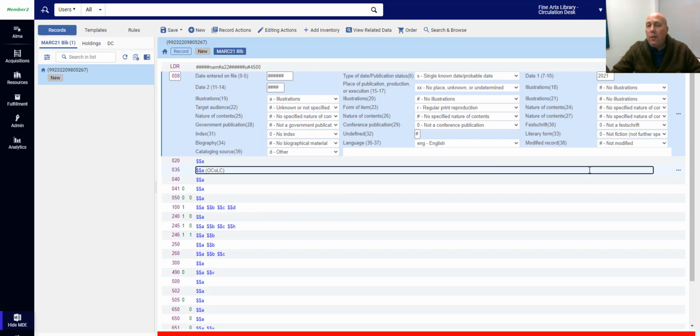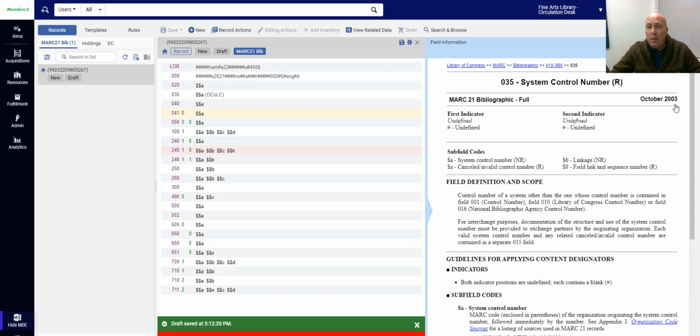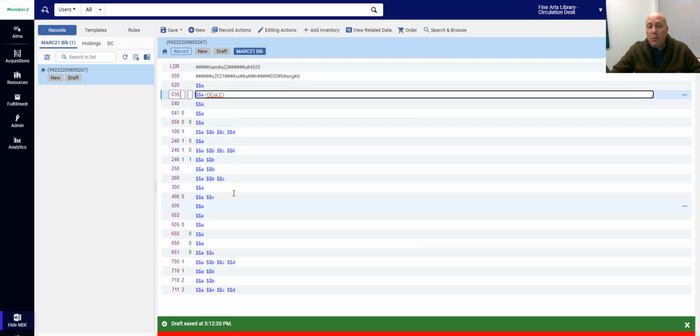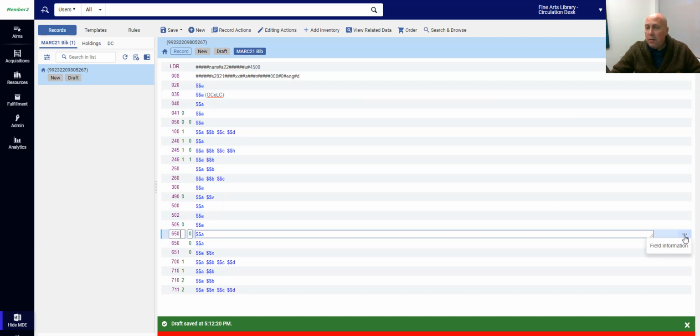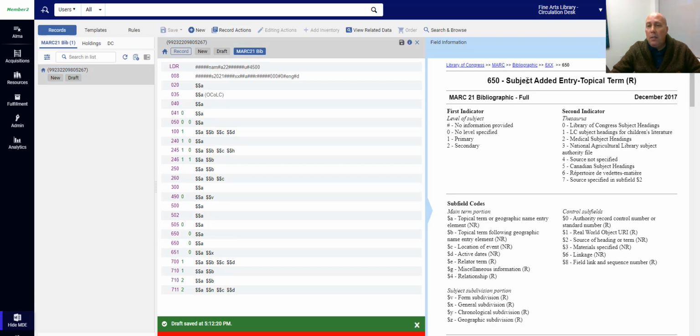And we can also, through these three dots over here, get field information. So what's the 035 field? Well, I can see right here. It's the system control number. So every field, if I don't know what it is, and most of them I don't know, we can look and see what's the 505 field. I will just click on these three dots, and I'll get that field information. And I'm going to see, it's the subject added entry, topical terms.